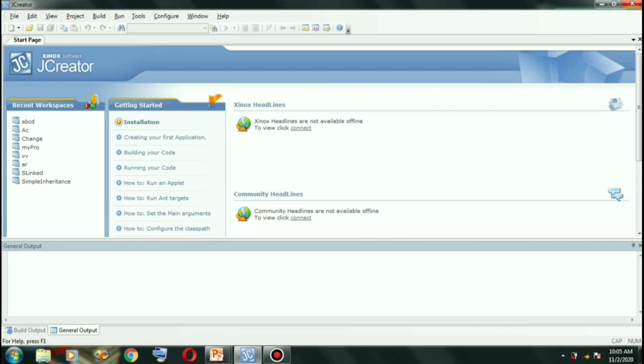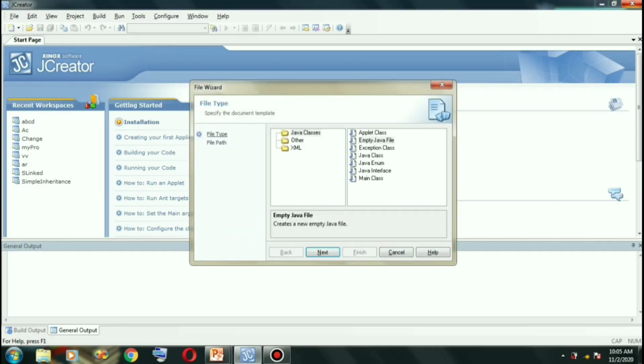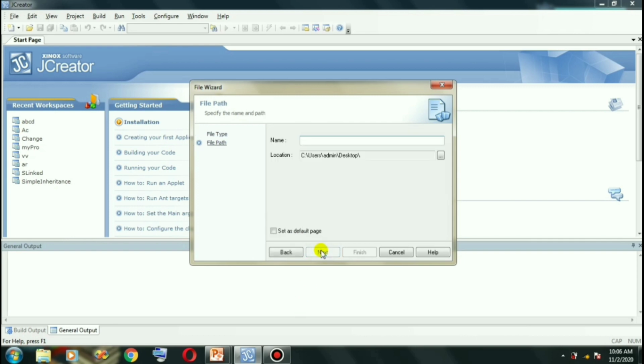So, here, mag-new lang tayo. And as I said dun sa unang video natin about Java programming, we're going to use empty Java file. Okay? So, ito yung pinakagusto kong gamitin para maalala natin kung ano yung basic ng Java programming. So, after choosing empty Java file, click Next. Then, lalagay mo yung name ng project na gusto mo. So, for me, we're going to use basic